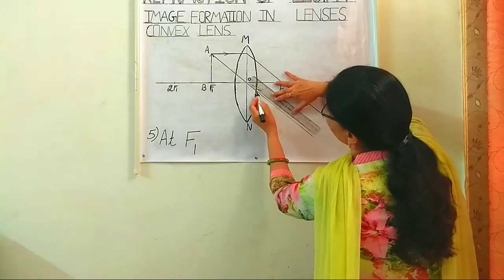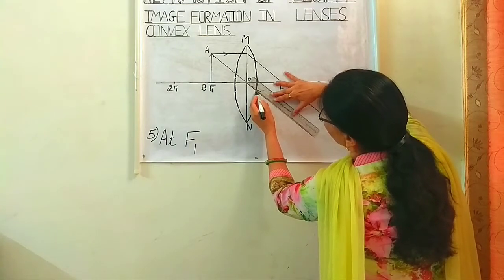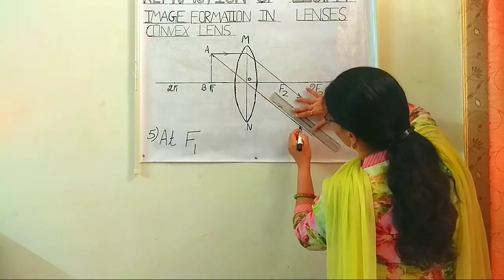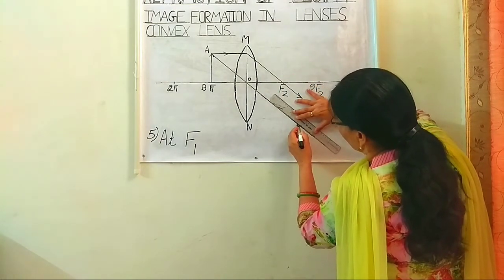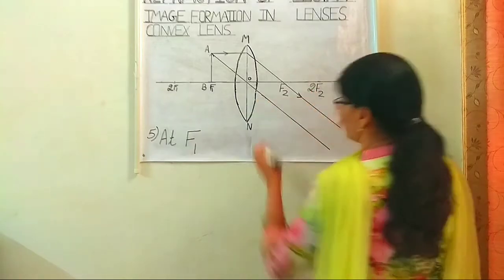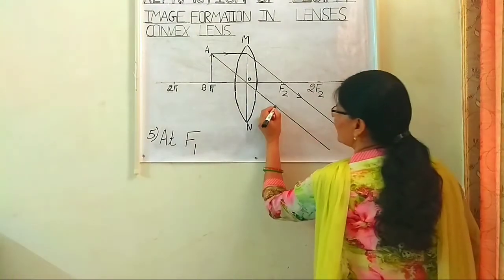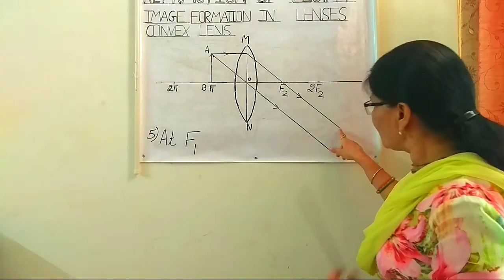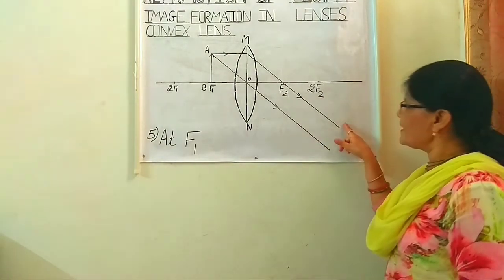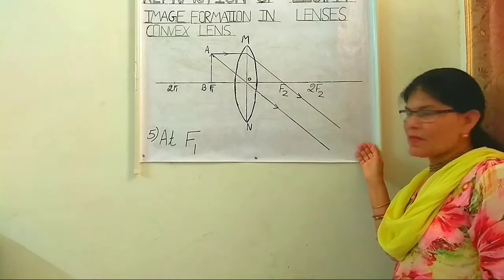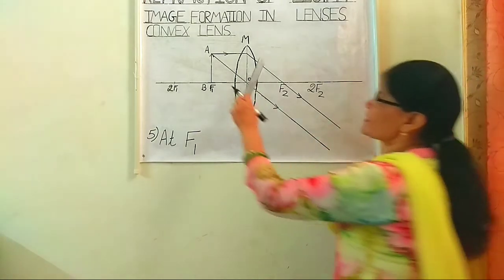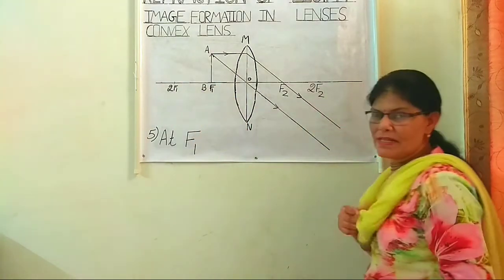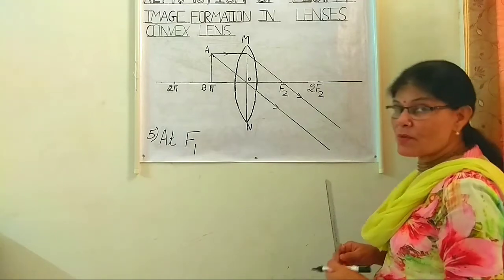The second ray is like this, when our refracted ray passes through the optical center of the lens. So here, when we extend, let us put an arrow here. When we extend this ray, they are not going to meet anywhere. When we keep on extending these two rays, they will not meet because they are going parallel. Same way, when we extend on the back side of the lens, here also they are not going to meet. So it means our image formation will be at infinity.